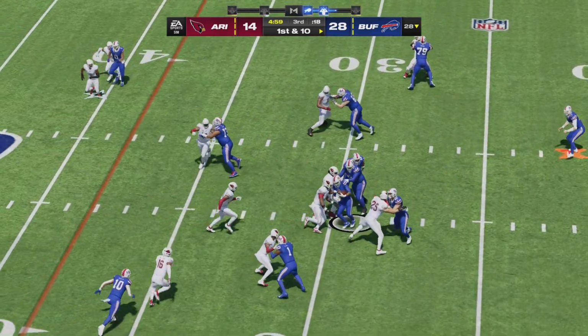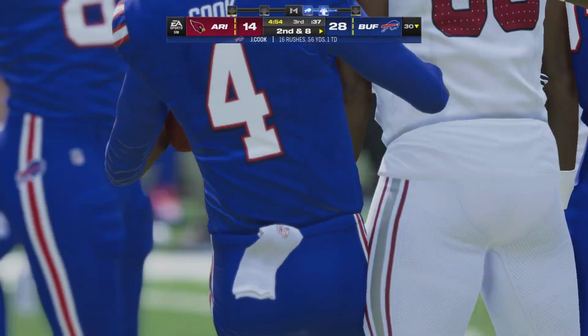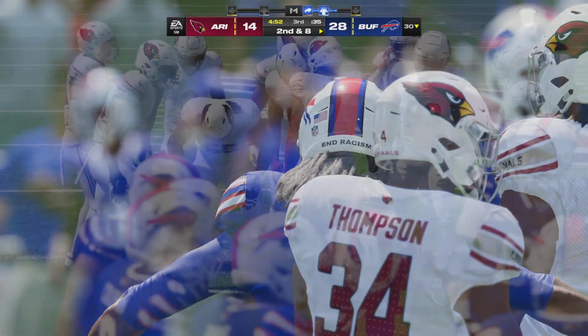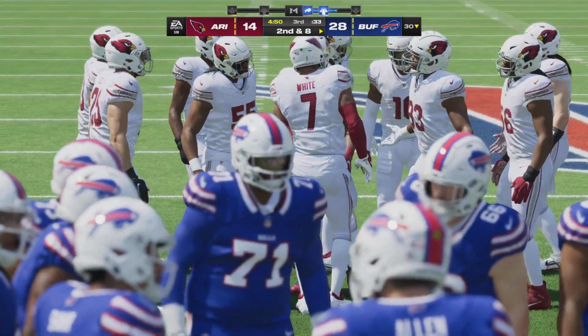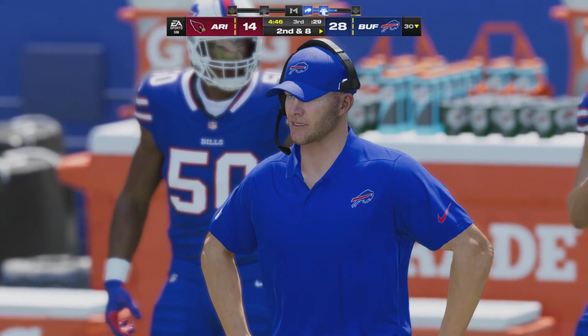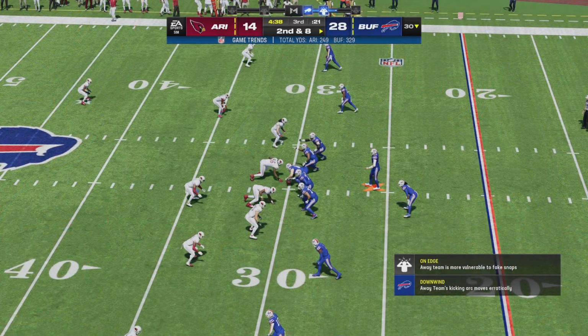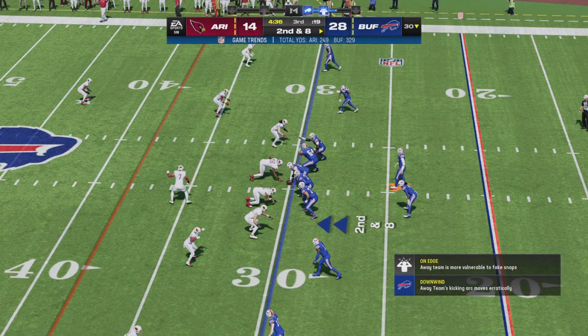Here's Cook as they begin on the ground. And he sneaks his way forward only for a couple here. 2nd down. You've got to be impressed by the defensive front on reps like those. They were not being moved off the line, kept their shoulders square, and gave their teammates time to fight to the ball and limit that gain. Ball on the 30 now. Here's a 2nd and 8.